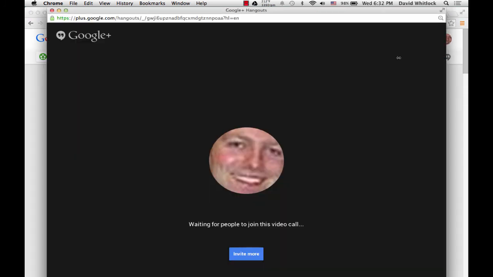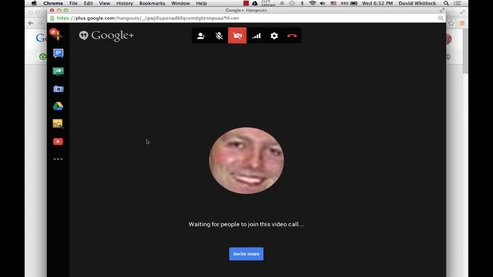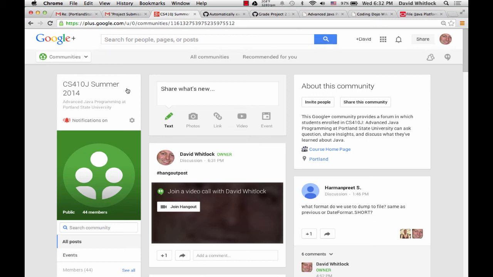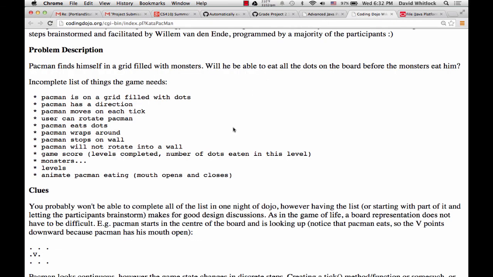Okay. All right. We were trying to think in terms of what classes we would need, what collections, and stuff like that. What we came up with is a single Pac-Man object in the game and four ghost objects, which would both be children of a parent class. I don't think we came up with a name for that, but both of them move through the maze the same way. It's just that one's controlled by a player, and the others just move on their own. It might make things a little easier if they are both children of the parent class.